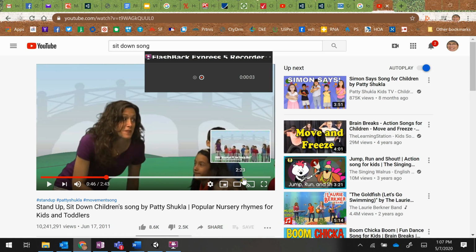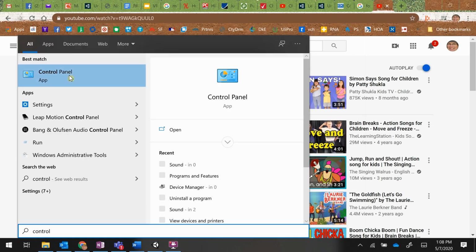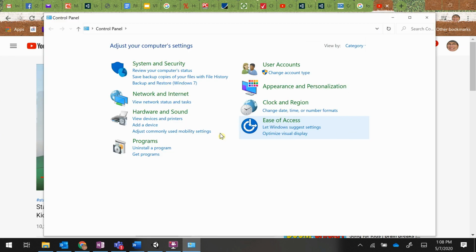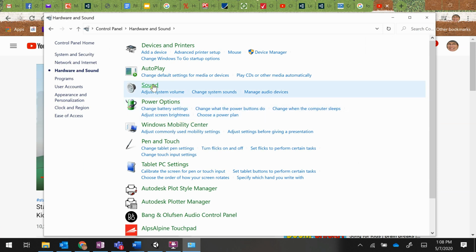Hello, I want to show you how to record a soundtrack or a sound bit from YouTube using Audacity. In order to record from within the computer sound card, we need to set up some properties. We're going to go to the control panel, so I'm going to click the start menu and start typing control. It pops up in the search panel. You're going to go to hardware and sound and then click the sound